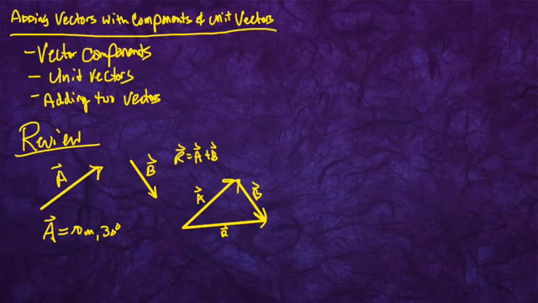Okay, so this guy right here is a resultant. That is the resultant vector. I know I'm drawing it really, really small, but that is the resultant vector. It's when you do some operator on your vectors, you get that. Okay, and so if we take A to equal 10 meters and 30 degrees,